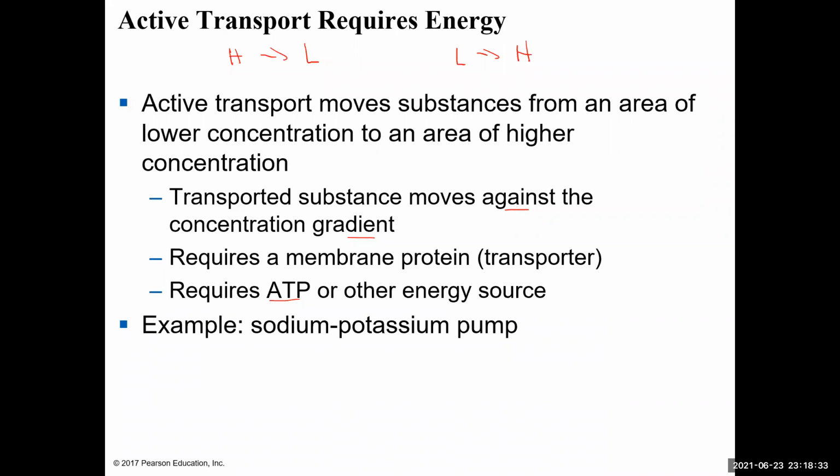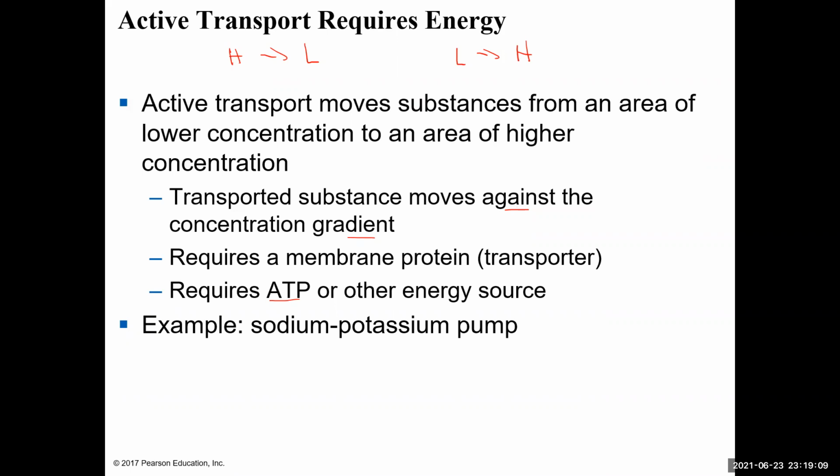The molecules can move into or out of the cell as long as they're moving down their concentration gradient, so passively. But whenever you want to move them in a way that they don't want to go, like kids not wanting to go to bed, you have to put energy in to move them yourself against the direction that they want to go. And so the ATP provides the energy that pushes those molecules